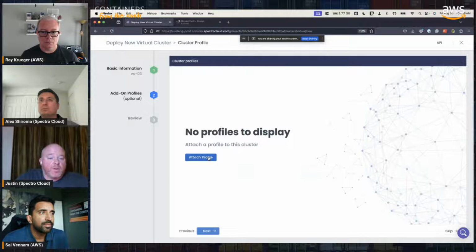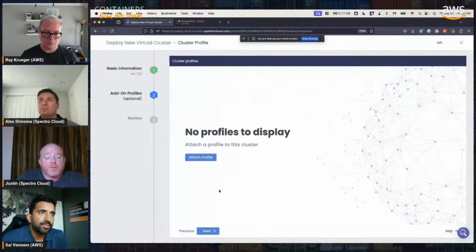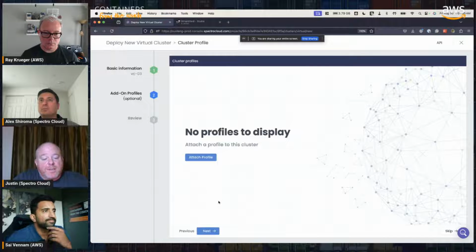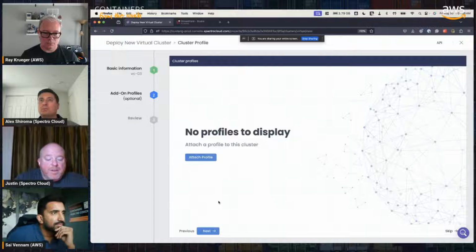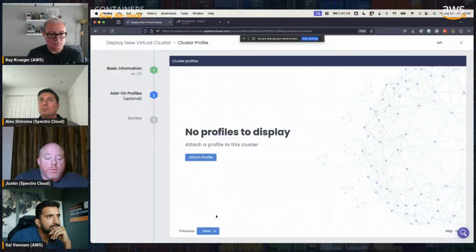Remember, these are profiles that we've created within the platform. So I wouldn't install Karpenter, it wouldn't work, but I need to have monitoring, or I want to test Nginx, or whatever it is I'm trying to test can be a profile. And then I can attach it to my virtual cluster just like it was any other cluster. So my view is I'm testing something, not necessarily performance testing, maybe it's integration testing. And I want to make sure all the components that we'd have are part of that.